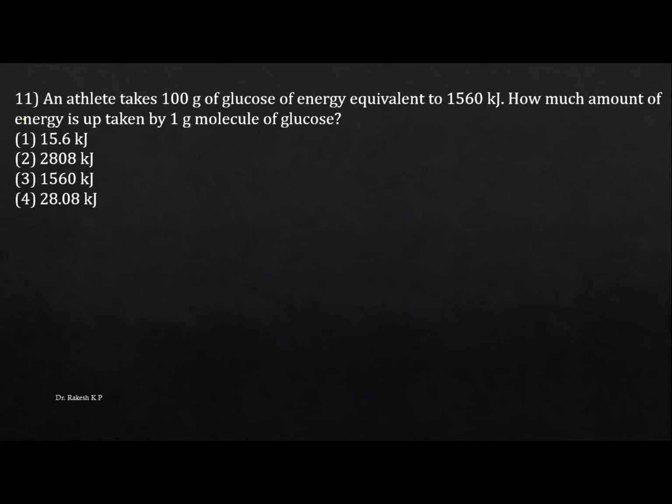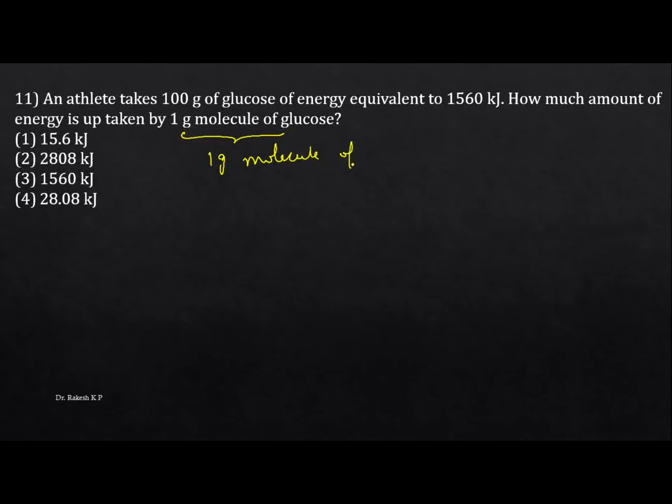An athlete takes 100 gram of glucose of energy equivalent to 1560 kilojoule. How much amount of energy is taken by the 1 gram molecule of glucose? So this one you have to remember here. So 1 gram molecule of glucose means what? Don't think that it is 1 gram of the glucose. So 1 gram